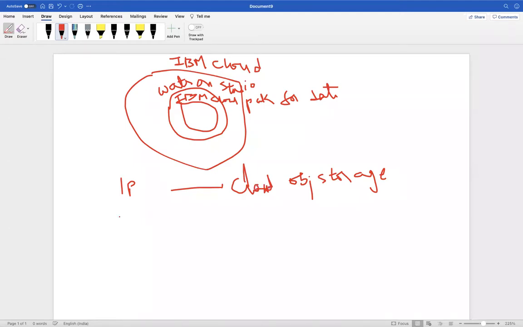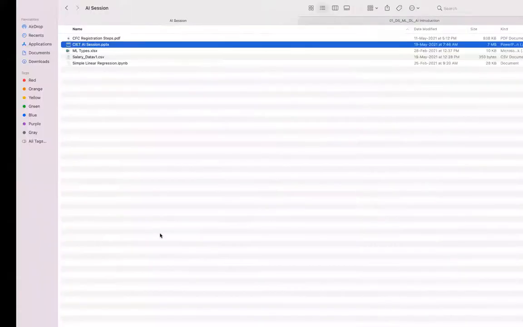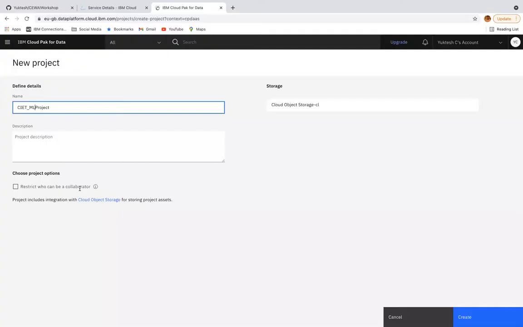Now, when you create a second project, this will be helpful here. When you create a third project, straight away this will be helpful here. So this is a database kind of service. Only the first time you need to create it; the second time, third time, it is available for us. This may be my fifth or sixth project, and still my cloud object storage is available. That's how you have to understand.